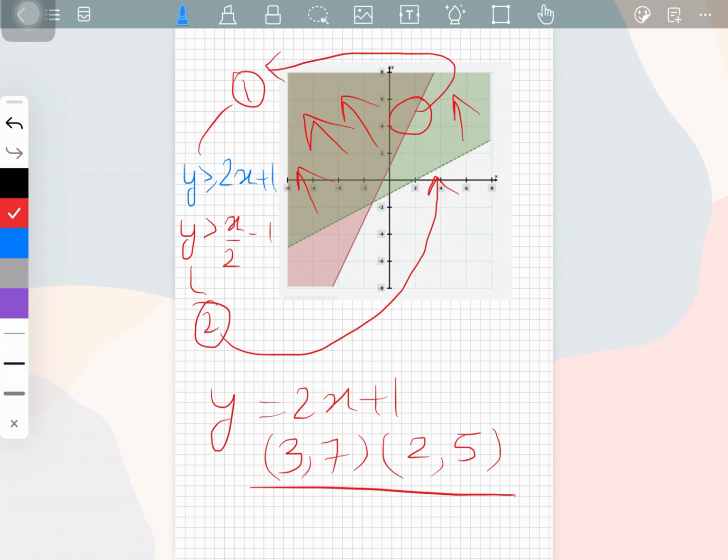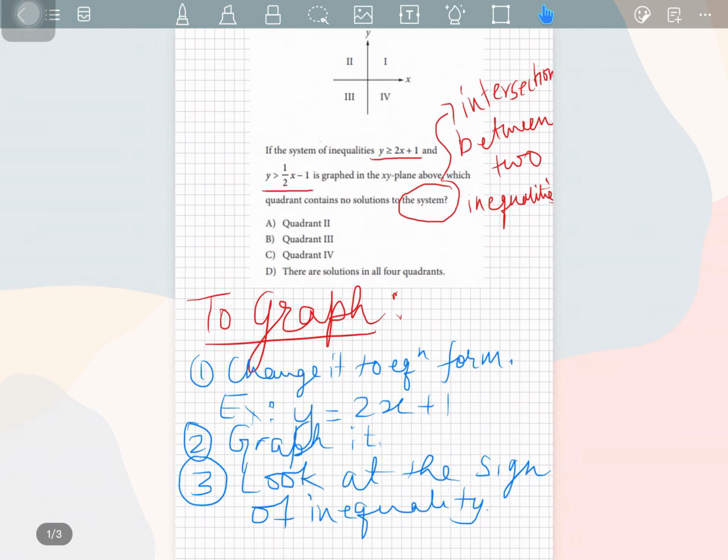Notice that it is represented by a dotted line. This means that that particular line is not a part of that inequality. The part that is upwards to that is included, but not that line itself. But for the first one, that line too is a part of that inequality, as there is an equal sign. Just over here, there is an equal sign, not just greater than. And to find the solution, what I told you was we need to search for the intersection between two